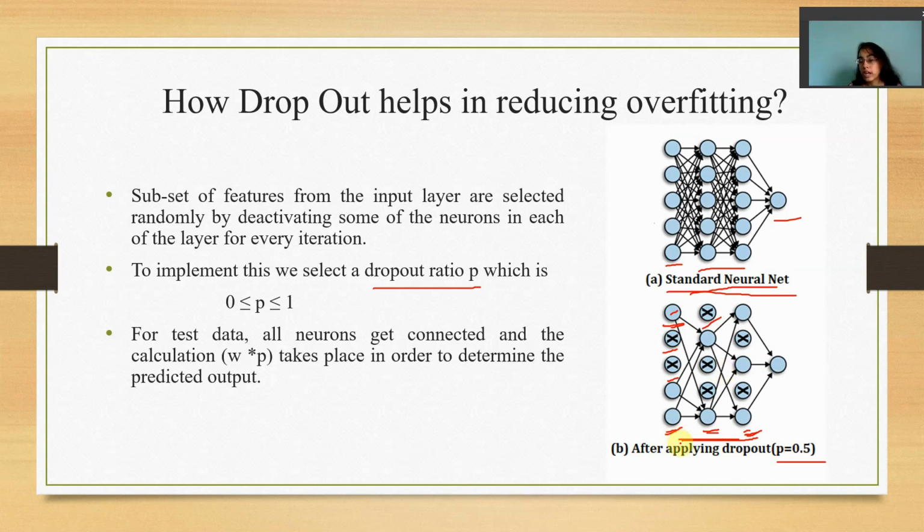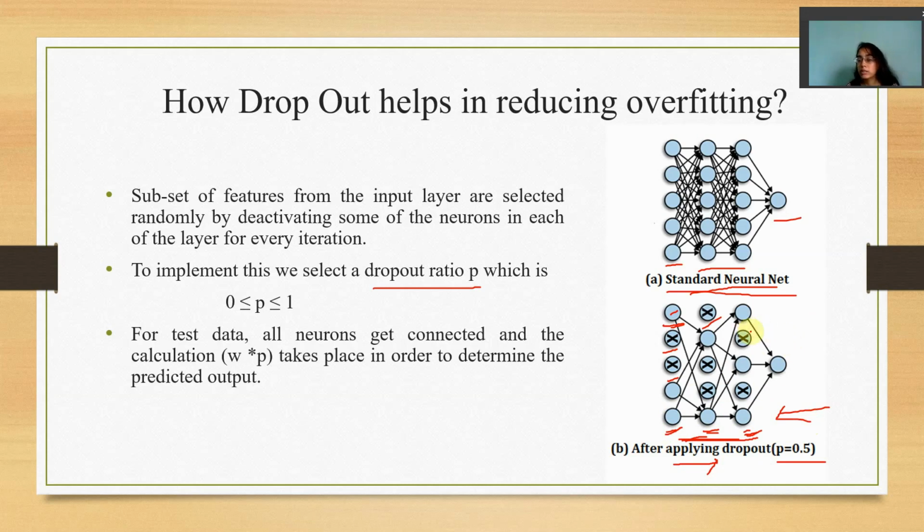Now this is the case for the forward propagation. You can see here that we are going from the input layer, then hidden layer 1, then hidden layer 2, then the output layer. So this is going in this direction. This is the forward propagation. Now what happens in backward propagation? I have already told you that in backward propagation the weights are updated in order to reduce the loss function. Backward propagation means it will back propagate through the neural network, and what happens in this case is that the weights will be updated only for those neurons which are activated.